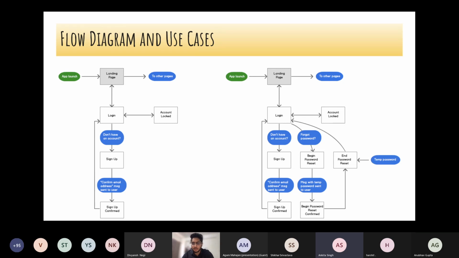But if we capture all the use cases here, where the forgot password flow is already there, you'll build in a certain way. There can be reusable components, so you can structure your code better if you drill down all the flow diagrams and use cases of your app.